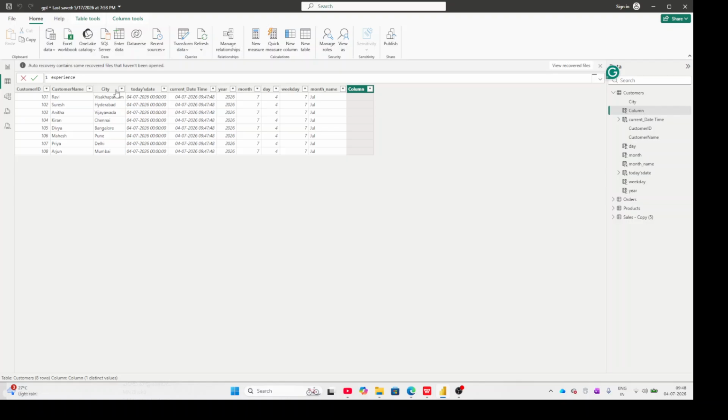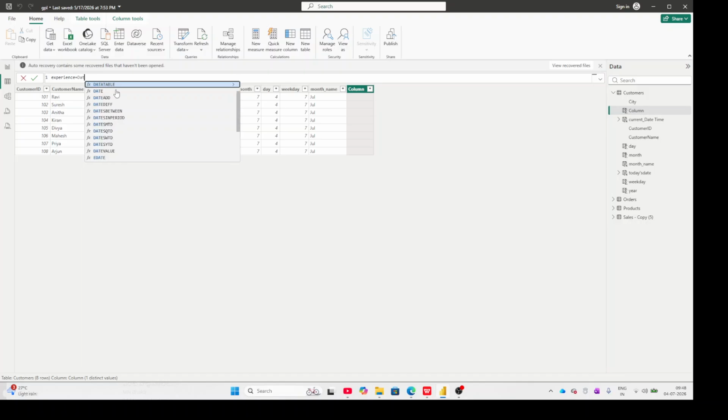What is experience? If you have 4 months experience, what does it mean? If you are working from February onwards, February and now July, right? So July minus February. July is the 7th month, right? So 7 minus February, which is the second month. So 7 minus 2 equal to 5 months. So you have 5 months of experience. It means you are taking the difference between present and past date. Okay, like that you can take